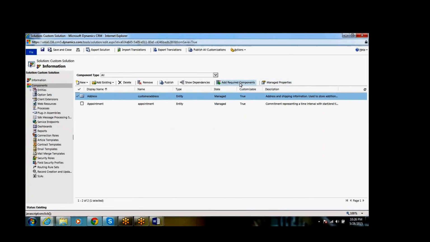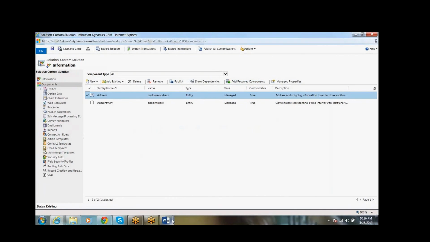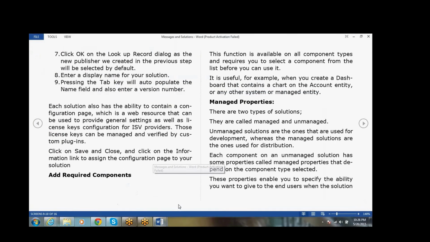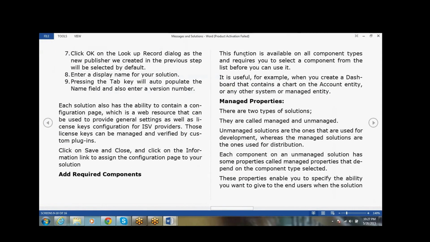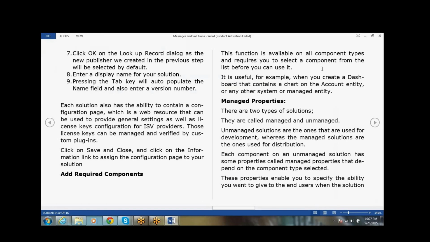Then there is Add required components. This function is available on all the components. When you require components, you need to select from the list before you can use it.